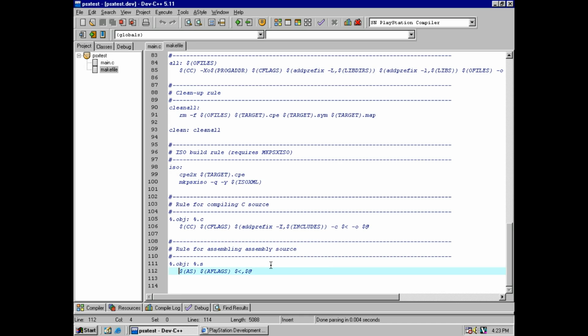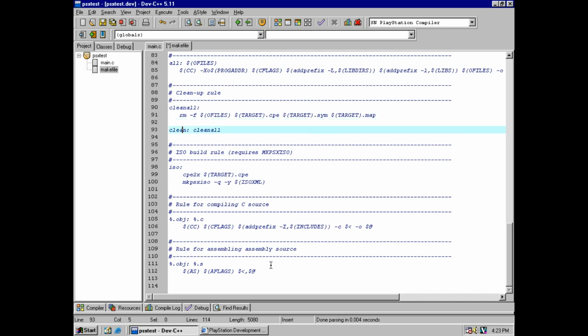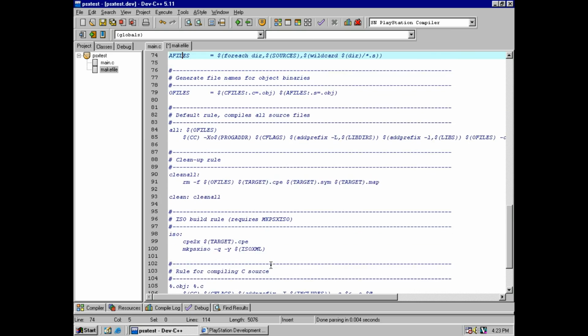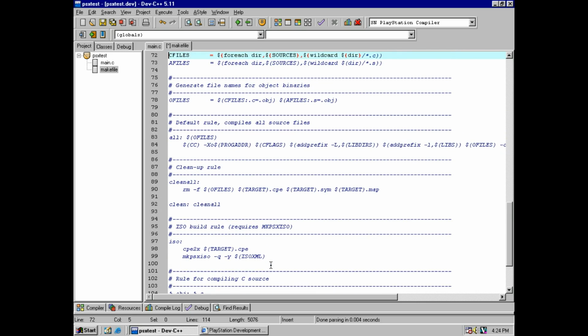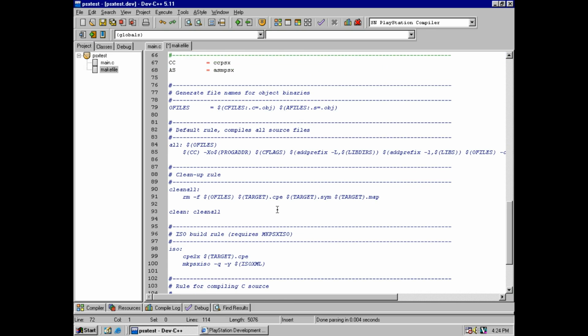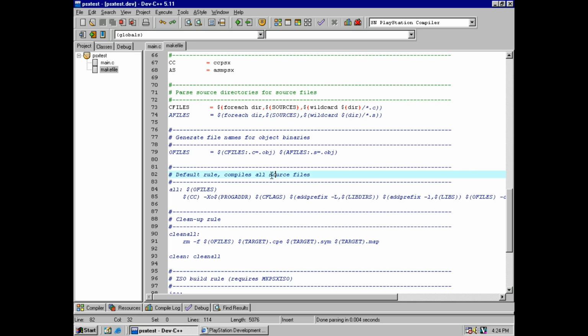Before we run this makefile, we need to fix the tab stops on this, because the forums ruined the tab stops, and you have to make sure that these tab stops are correct, otherwise you'll get a make error. Okay, I think that's enough. So we save that. What did I do? Oh, I deleted a line. So save that. Now we need to go to project options,